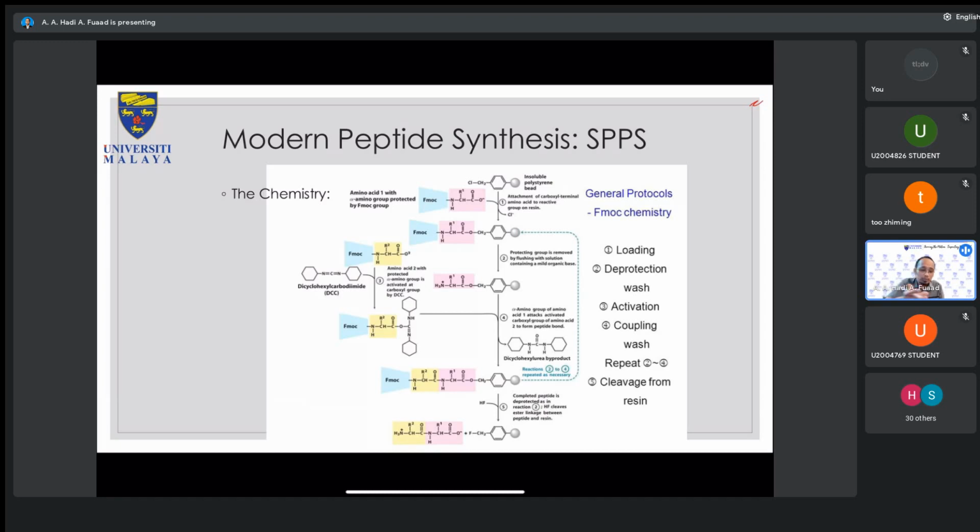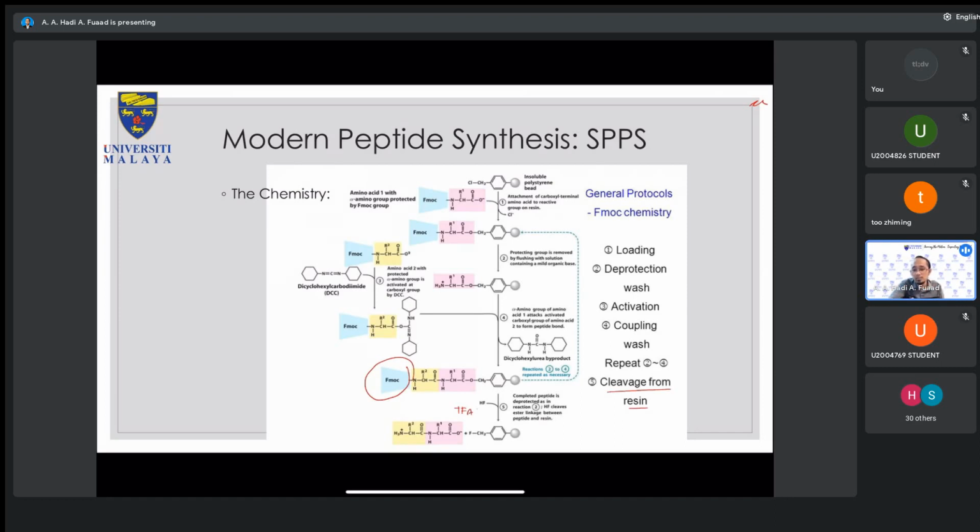Towards the end of the day, when you want to cleave the peptide from the resin, for the BOC, TBU orthogonal approach, you use HF, but in the case of FMOC and BOC, you use TFA. Of course, since FMOC is not acid labile, just before you remove the peptide from the solid support, you still need to remove the FMOC first. So you remove the FMOC, and then finally you use TFA.